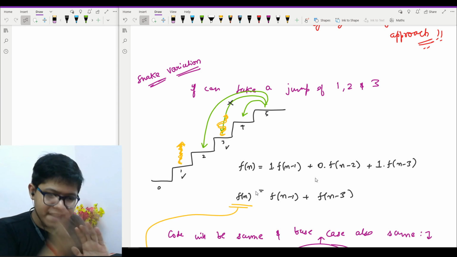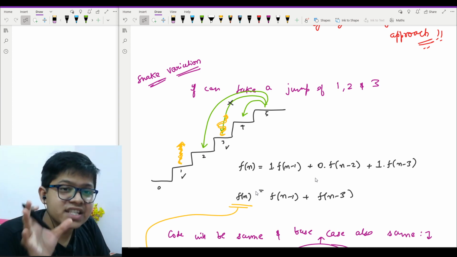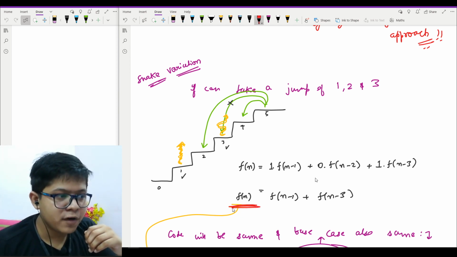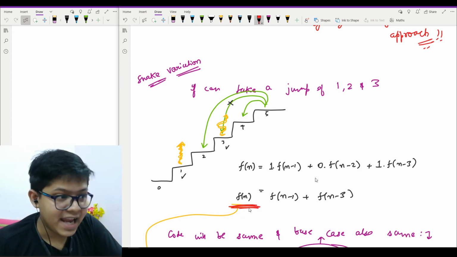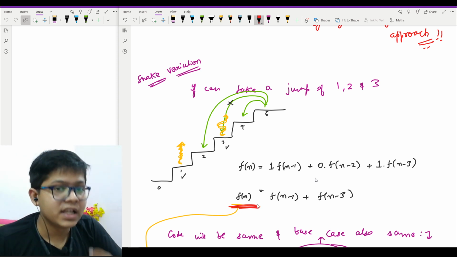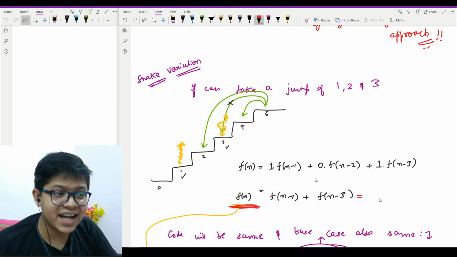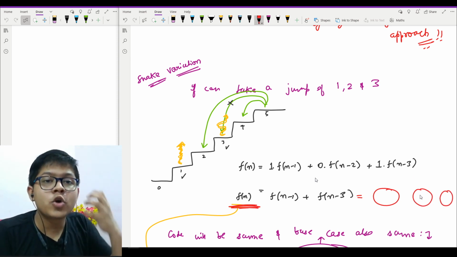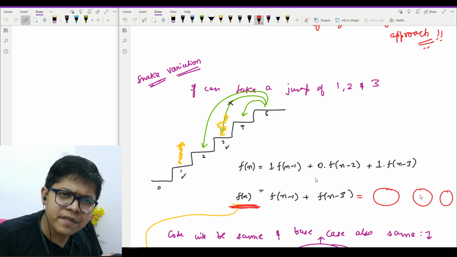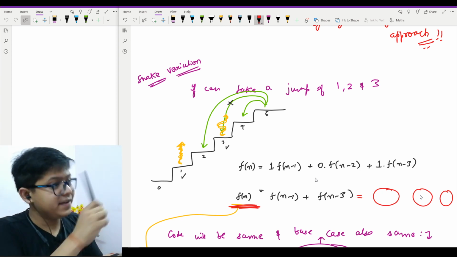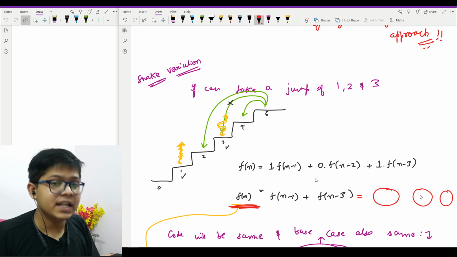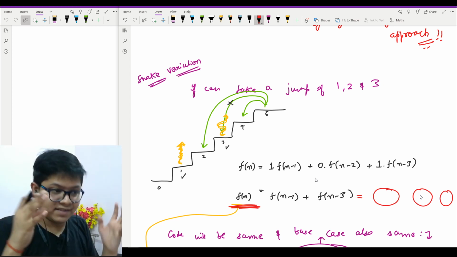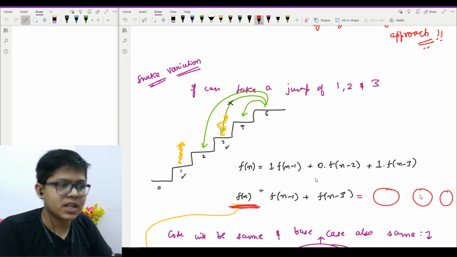So at every iteration, I need to change this equation, which means that my f of 5, which means f of n, at every step it will be different. How will it be different? It will be represented as the sum of these f sub-problems with their coefficients as well. And how do the coefficients work? If the coefficient is 1, then I don't have any snake there. If it is 0, then I have a snake there, because if I have a snake, then I will not count it in my case.